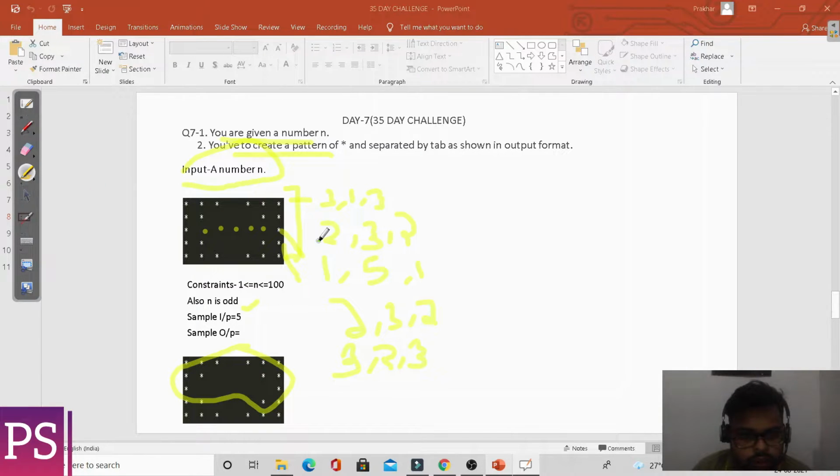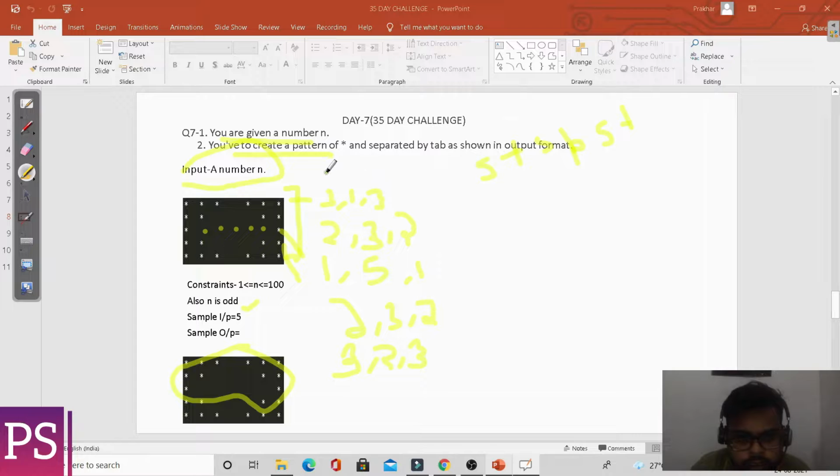Now it is clear that first we have to print a star, then spaces, and then again the star. It is clear to everyone, I think so. Now let's move on to the next part.